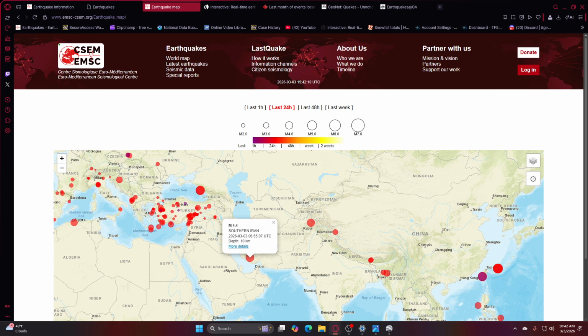The shaking was felt clearly across rural parts of Fars province. While the tremor was shallow, which often increases the intensity of surface shaking, there have been no official reports of casualties or major structural damage. Seismologists from the USGS and local networks have confirmed this as a natural tectonic event within the Zagros fold-thrust belt. Despite social media speculation regarding nearby facilities, the seismic signature was consistent with routine crustal stress release and not an explosion. Now, as we look at Turkey and the Levant,